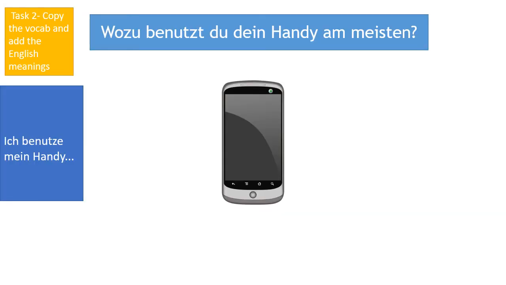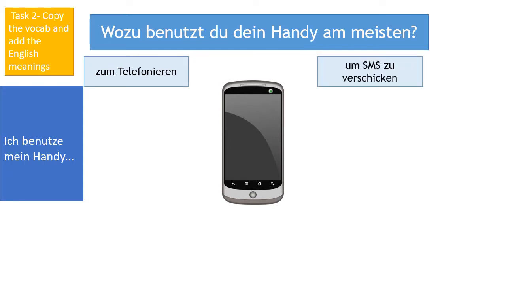Hopefully you should remember quite a lot of these. Task 2 is to build your vocabulary, so I want you to copy the vocab you're going to see on the screen and add the English meanings, which I'll talk you through. We're answering the question, Wozu benutzt du dein Handy am meisten? What do you use your mobile most often for? To start your answer, you would say, Ich benutze mein Handy. I use my mobile zum Telefonieren, to phone people,